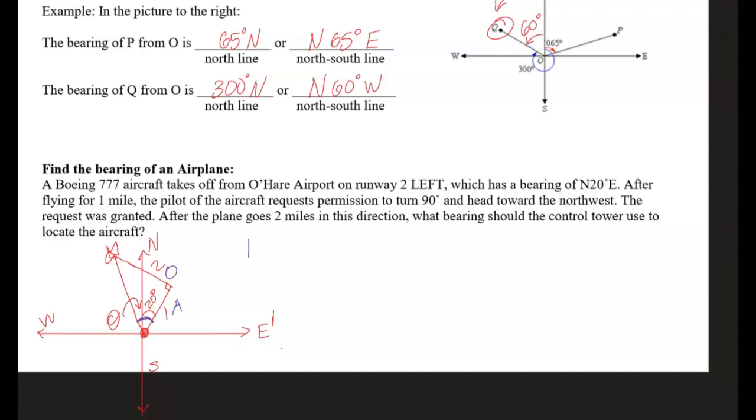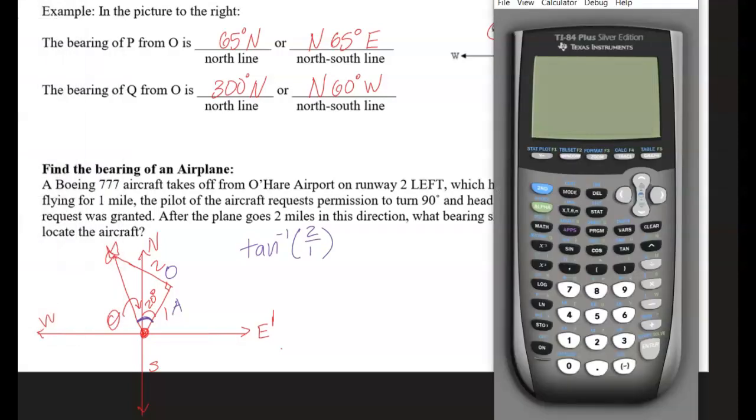So I'm missing the angle, so again, I'm going to use inverse. And tangent always has O over A, so I'll have 2 over 1. And I need to pull out my calculator again. I'm going to use inverse tangent of 2 over 1, which is 2, is 63.43